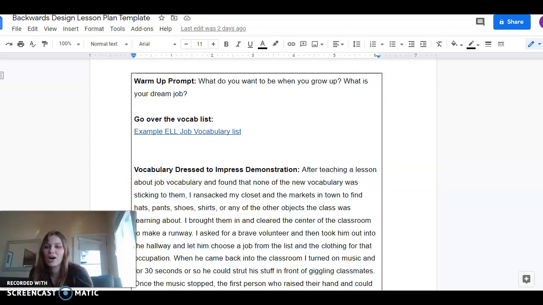This just gets the topic going and makes it more personal, so that they can think, oh, what do I want to do and how do I say that in English? Of course they'll probably know what they want to do, or at least have some idea, but they might not be able to explain that in English yet. And after they talk and discuss that,